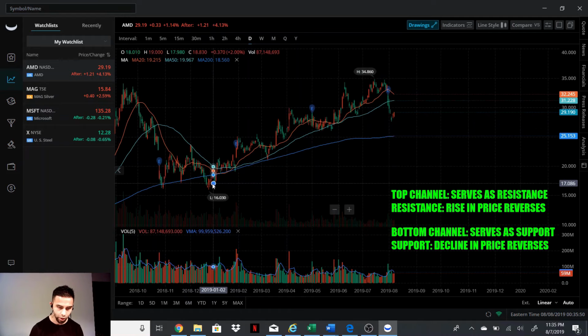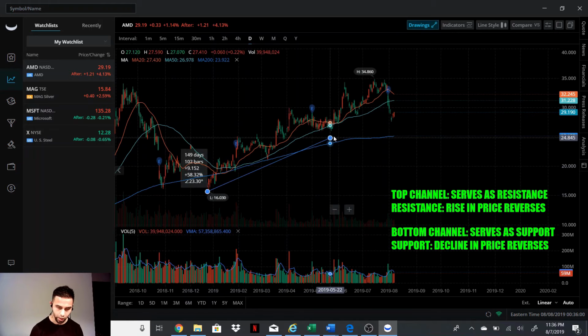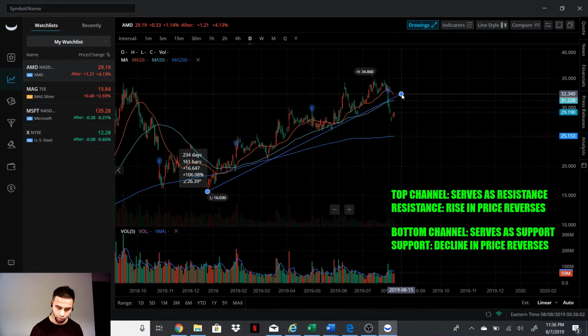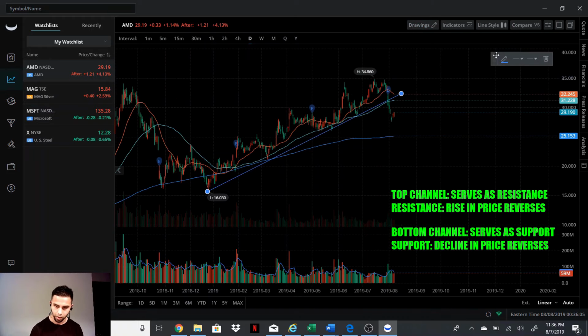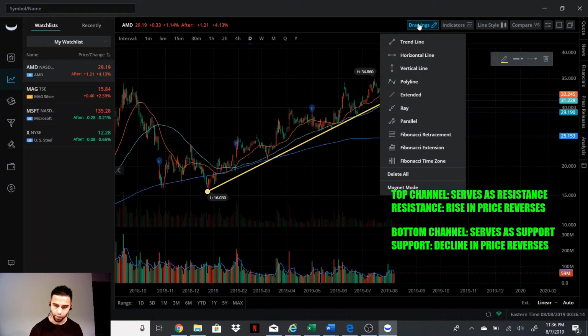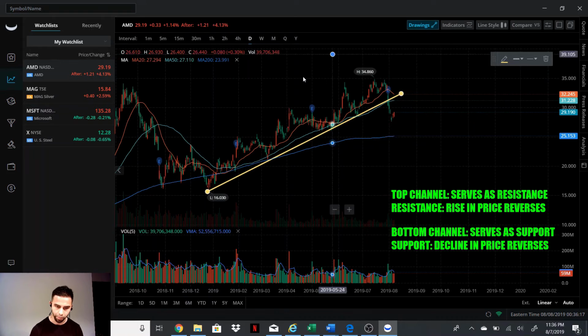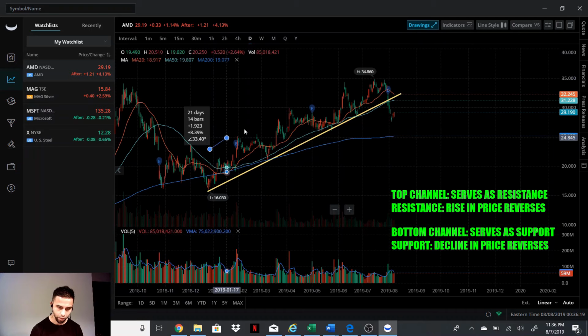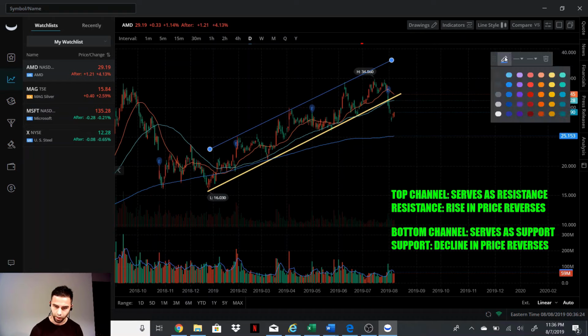So this chart is essentially making higher highs and higher lows, which is just what we like to see, some volatility in the price action. So we're going to connect the swing lows with this line. I'm going to make it yellow for y'all so you can see it better here. Okay, let's see if I can thicken it out a little bit. Okay, and I'm going to have the upper part of the channel on the swing highs here and make that yellow,